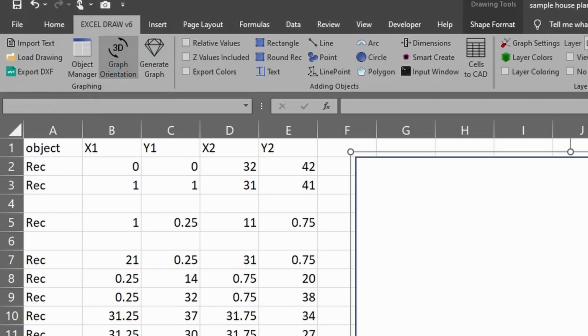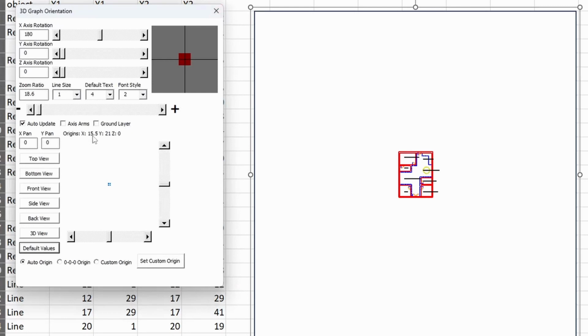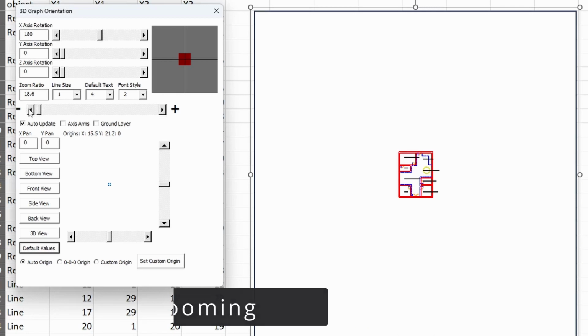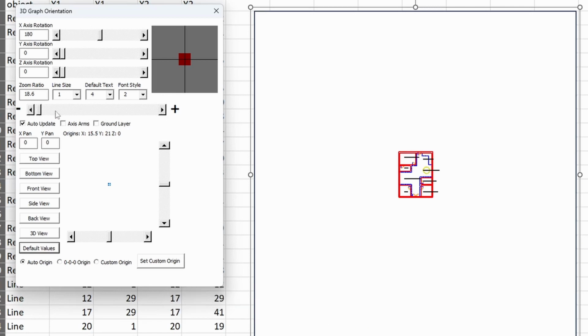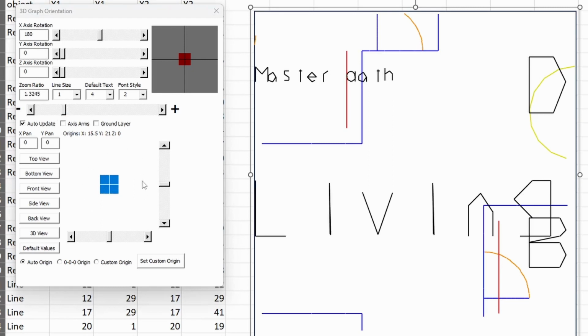If you click on that, a new window is going to appear, and you're going to see lots of different options here. The first thing we're going to look at is the zoom, which is right here. This little scroll bar in the middle of the screen has a negative and a plus. It's pretty straightforward. Whenever you scroll this bar more to the plus, you're going to be zoomed further in or closer to the drawing. And as you can see right here, we have a little blue box that also appears whenever we zoom in. It gets larger,